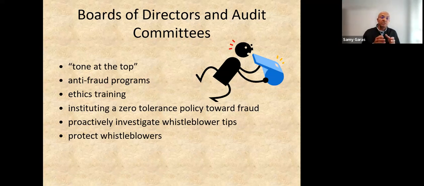And then the board of directors has to become strict about tolerance for fraud. It means instituting a zero tolerance policy. If any fraud is discovered, the board of directors has to take immediate and severe action to set an example for everyone that fraud is not accepted. And also, the board of directors should protect the whistleblower if they hear anything, and they should take action on that.